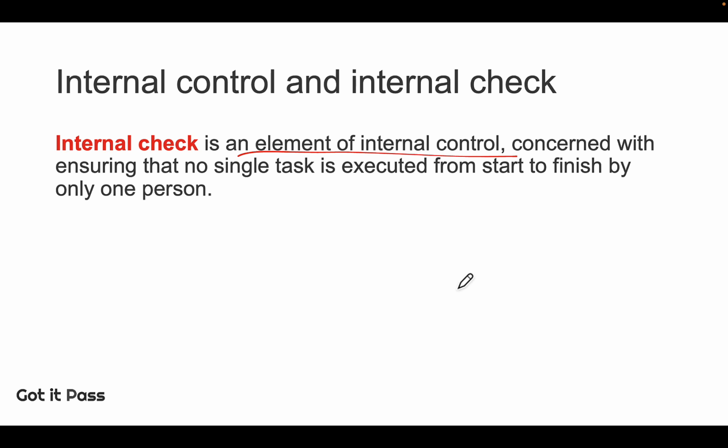The purpose of internal checking here is to reduce the likelihood of errors and fraud. Errors should be reduced since an employee will take more care over their work if they know their work will be checked by another person, and any errors which are made should be spotted by the second person so that corrections can be made. At the same time, an employee will be dissuaded from defrauding the company if they know that their work will be checked and that it is likely that their fraud will be discovered.